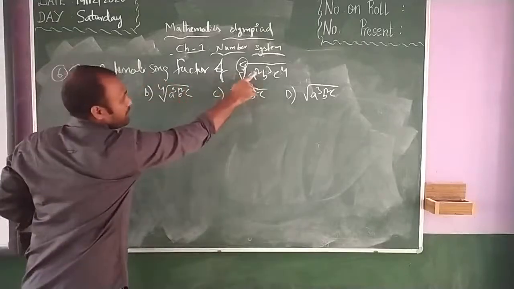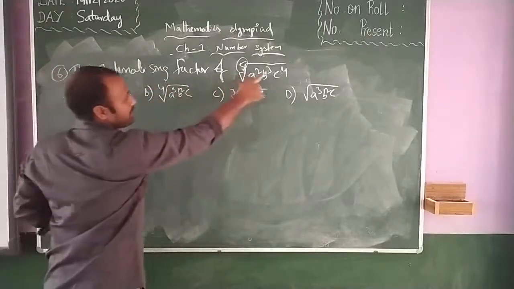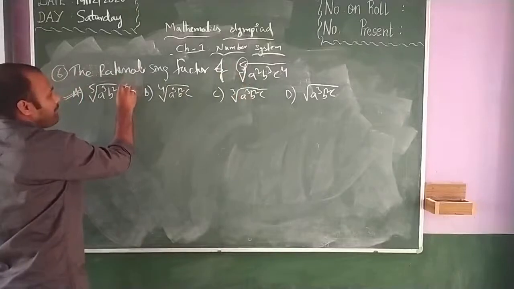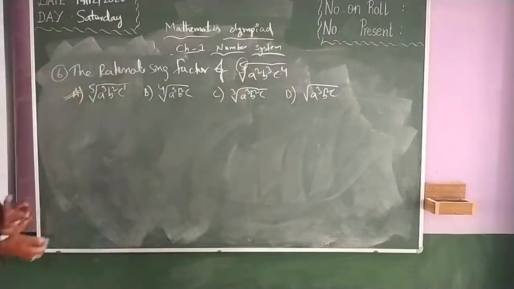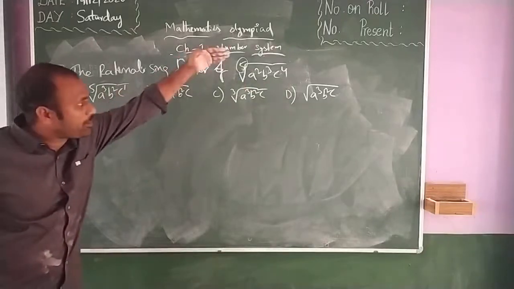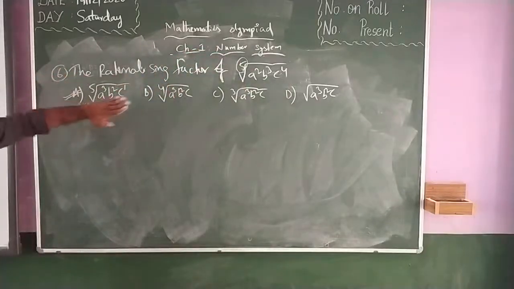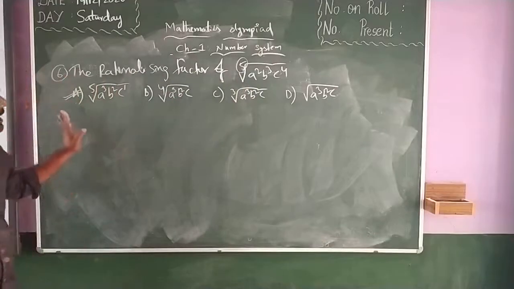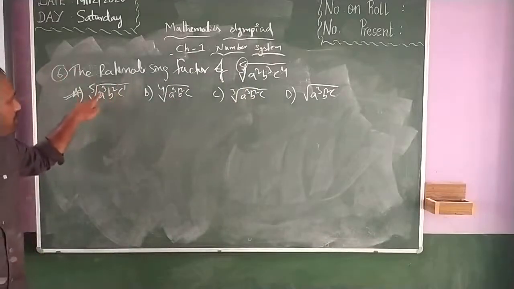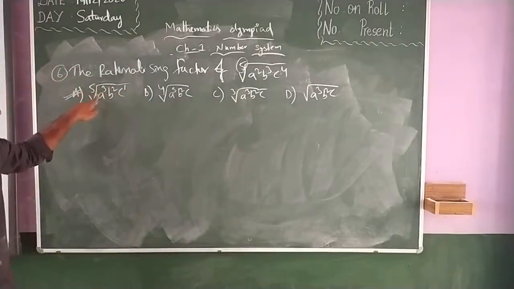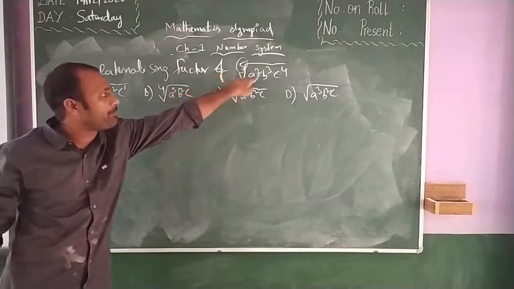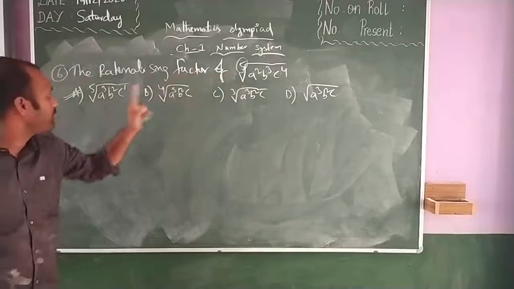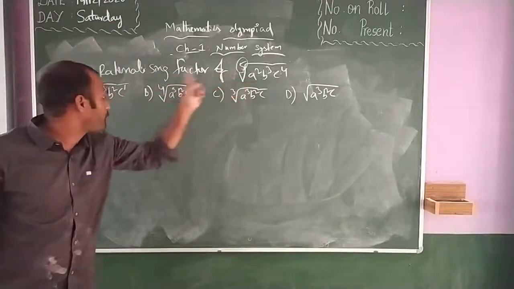Here it is 2 and 3, so 2 plus 3 is 5. Next, 2 plus 3 which is 5. And for c, since nothing is there, we can put it as 1; 1 plus 4 which is 5. So the option is A. So the rationalizing factor of a fifth root will be a fifth root only if all are fifth roots. In order to identify that, make sure that the sum of the variable powers is equal to the given root. So 2 plus 3 is 5, 3 plus 2 is 5, and 4 plus 1 is 5.